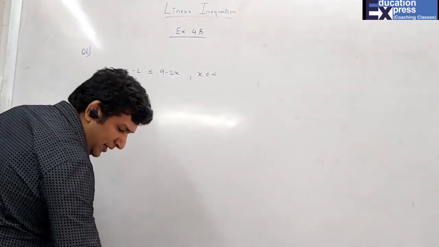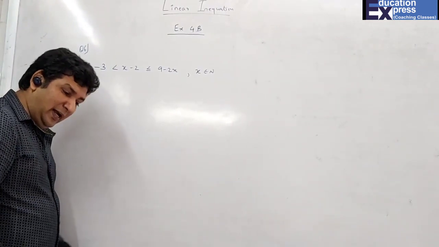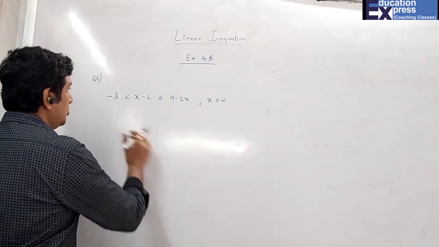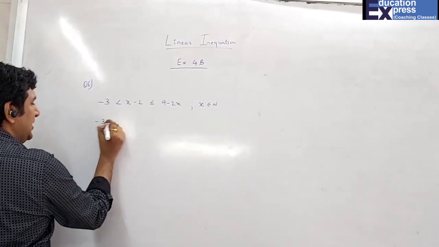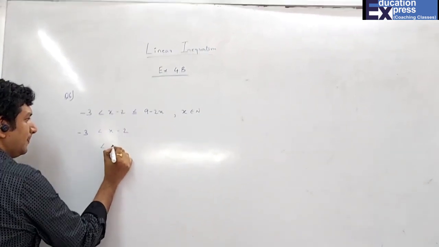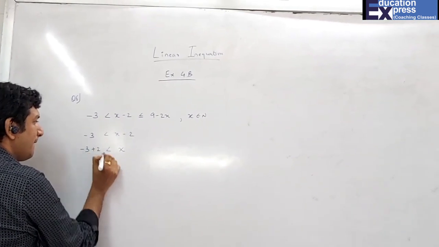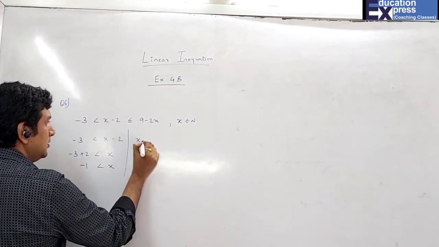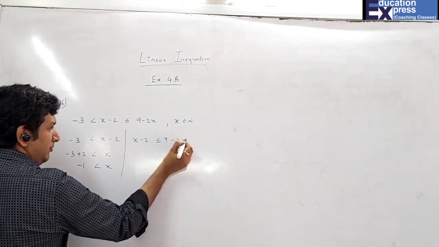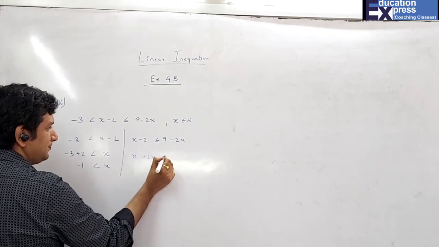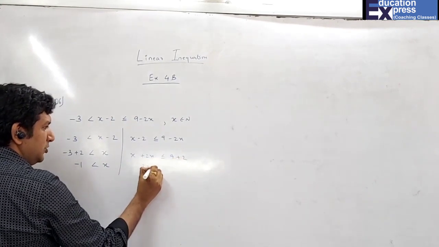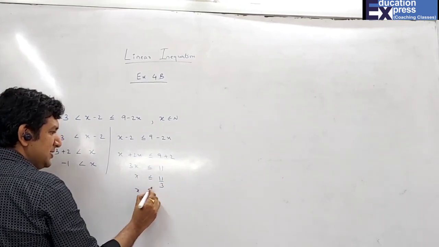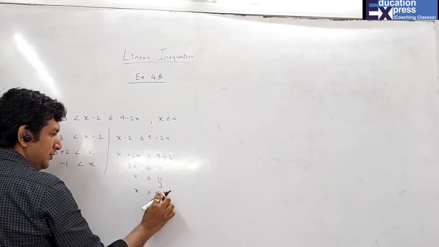Here students are just asked to make the list, not the number line, but yet I'll show you how to make it on the number line also. First we find the solution, then we list it, and then the number line. So normally, there are two signs, I'll take one sign at a time. Minus 2 will come here. So x is more than minus 1. And here, second part, minus 2x will come here, plus 2x, 3x. So x is less than 11 by 3. So x is less than equal to 5, 1 upon 3. Sorry.